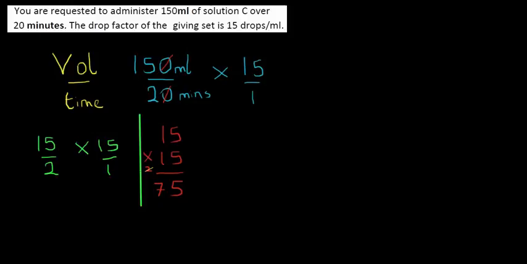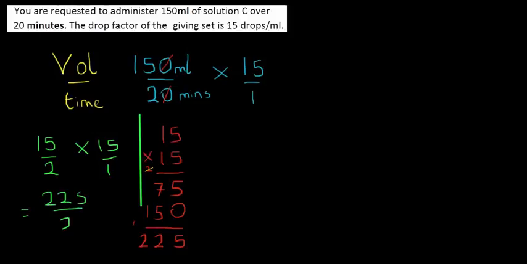On to the next line, because I'm timesing by a digit now in the tens column, I must put a naught first. 5 times 1 is 5. 1 times 1 is 1. I now add those two up. 5 plus 0. 7 plus 5 is 12. 2 down, carry 1. 1 plus the 1 I've carried is 2. So 15 over 2 times 15 over 1 equals